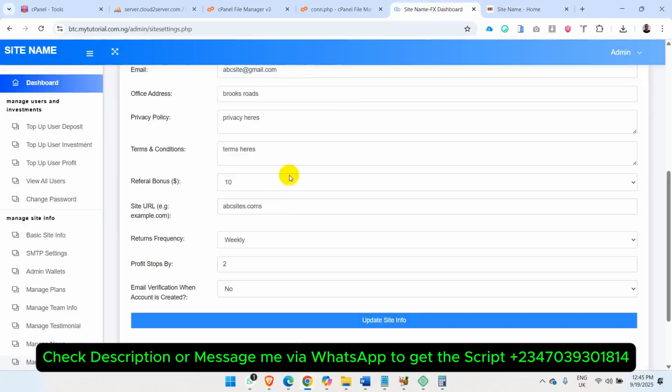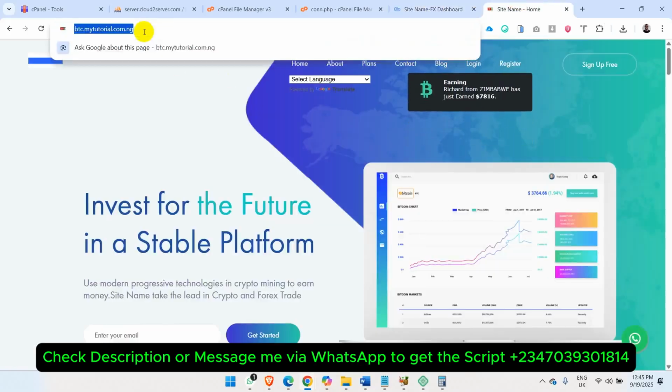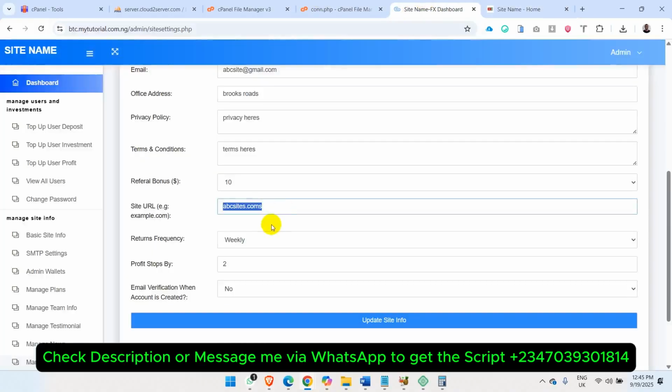So you can set it here. So just update. For example, if mine was this, what I would just do is to copy it and update it here. That is all. Once I update that,